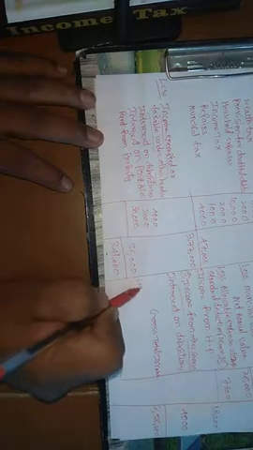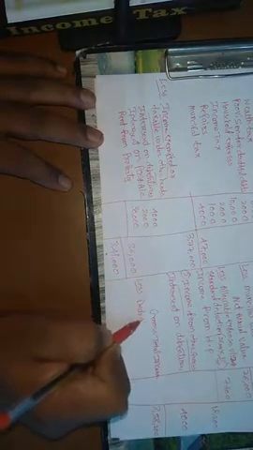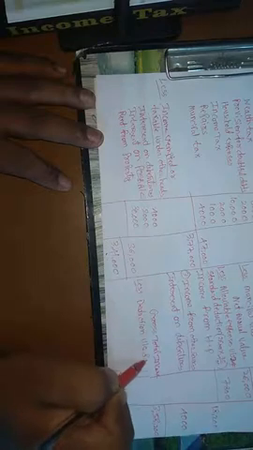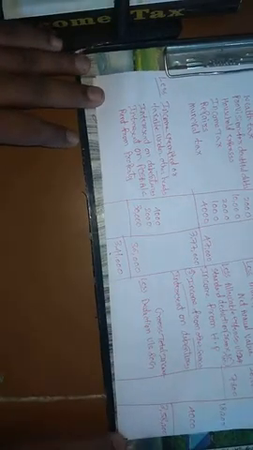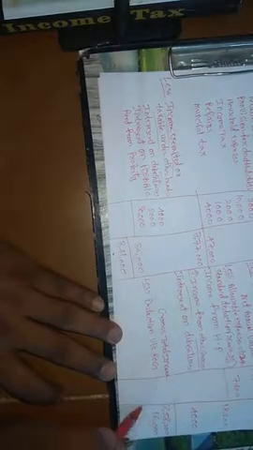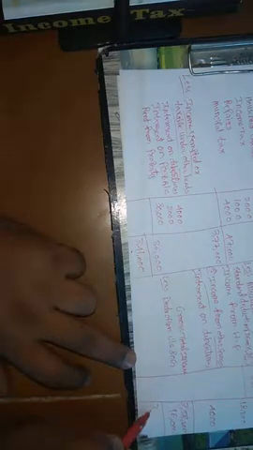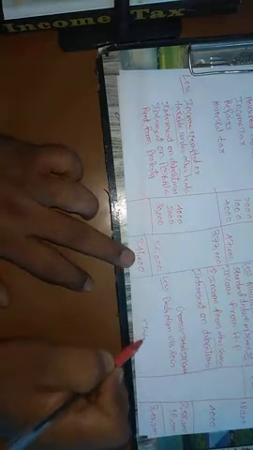Now under this, less deduction under section 80G. If there is a donation, we need to remove it in this. If you see the problem, there is a donation of 16,000. That donation we need to remove here. 3,58,200 minus 16,000. Now the final amount remaining is 3,42,200. So this is called total income.